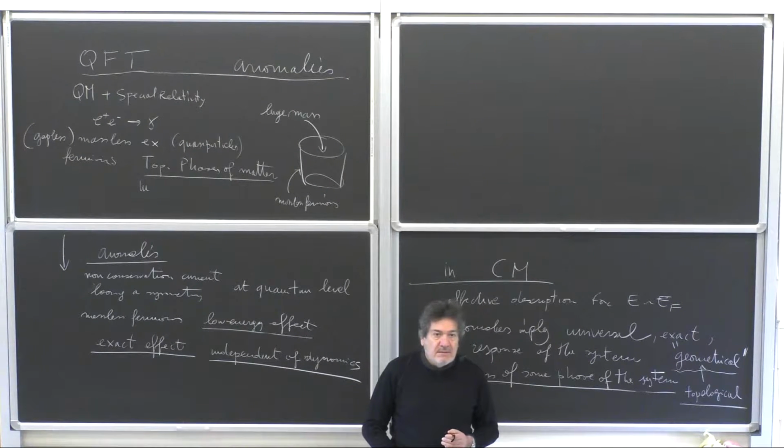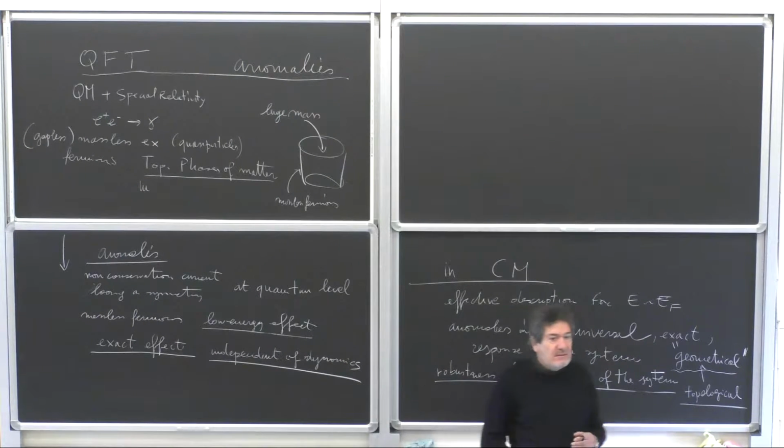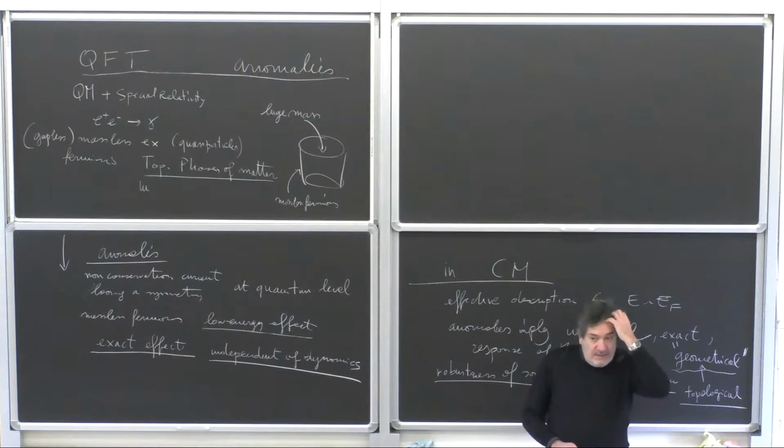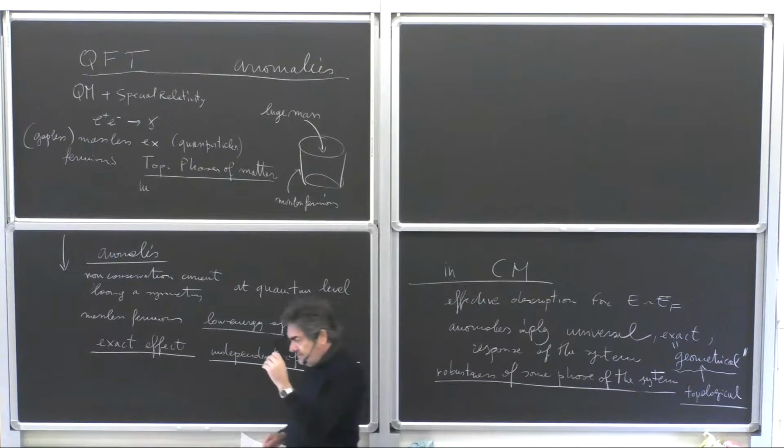So something which is independent of smooth deformation. This smooth deformation can be a smooth deformation of space, of a certain gauge field, some background, of the Hamiltonian, of some parameter; something which is independent of these smooth deformations. Okay? Is this possible? Yes, it is possible. That's the beauty of it. It is possible. We will see.